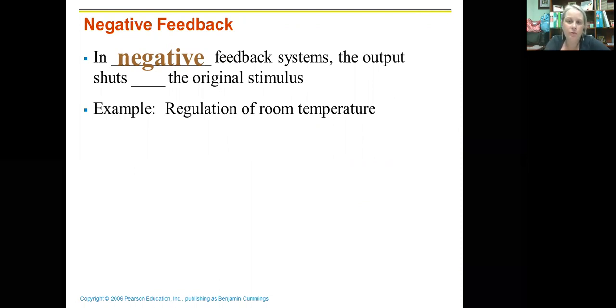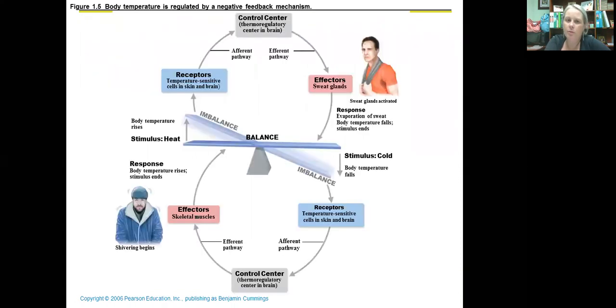We had two different feedback systems. You had negative and positive. Couple things you will want to remember about negative feedback. Negative feedback, one, it shuts off your original stimulus. Two, it is typically going to dance around a set point. So like if you look in this picture right here,